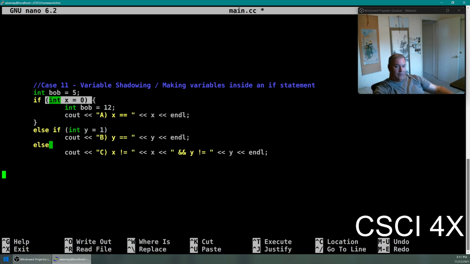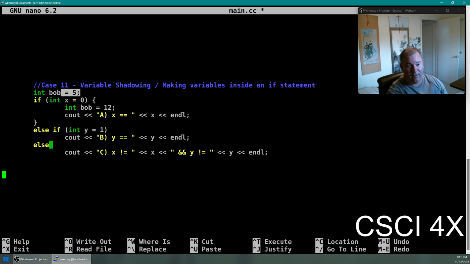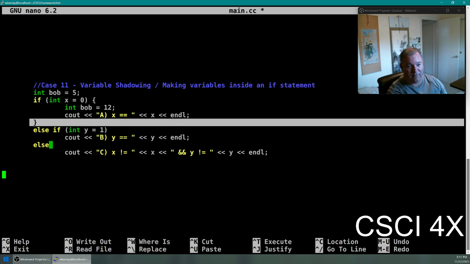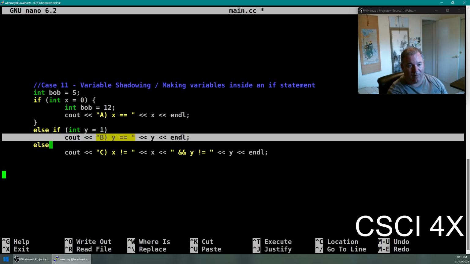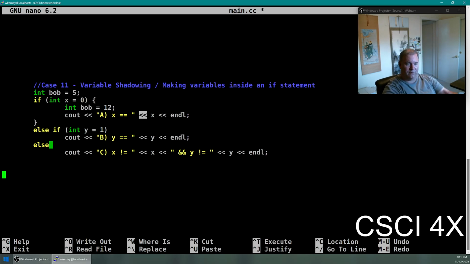So if I was to output the value of Bob here, the value is going to be 12. If I output the value of Bob here, the value is going to be 5, right? Because this Bob only lives within this scope. So if I were to print out the value of Bob here, Bob would be 5. Here, Bob is 12. You guys understand? So you can have the same variable in different scopes, and whichever one is closer to you is the one that you see. And you can't really see the other ones, which is why variable shadowing is in general considered a bad idea, though yesterday when I was writing a quad tree implementation, I may or may not have shadowed